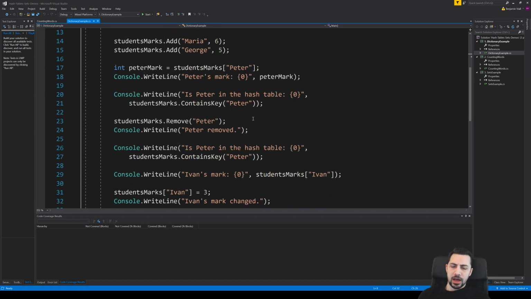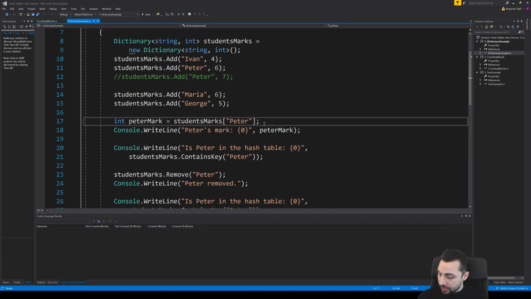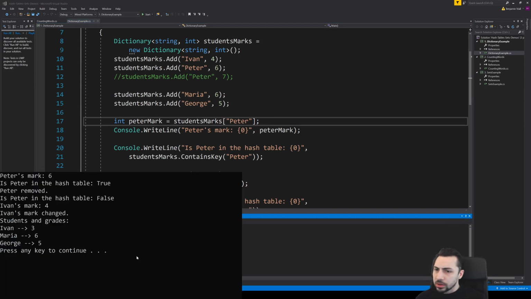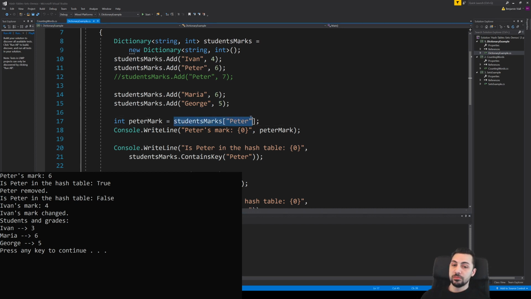Okay. And then there's a few other pieces here. So let's run this, make sure that this shows up correctly here. Let's compare our output with what's going on. The first thing we see is that Peter's mark is 6. The value that student mark sub Peter returns is 6.